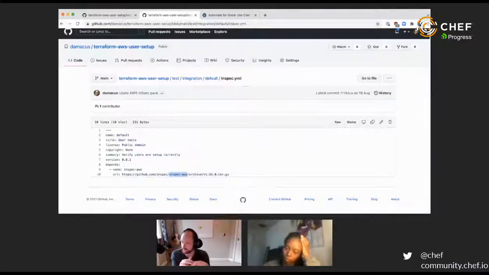Let's say AWS released a bunch of new resources, and we wanted to test those using Inspec. Well, that's fine, but we would then have to release a new version of Inspec core every time we wanted a new AWS resource. Instead of doing that, which we used to do, we now have Inspec packs, which are versioned.